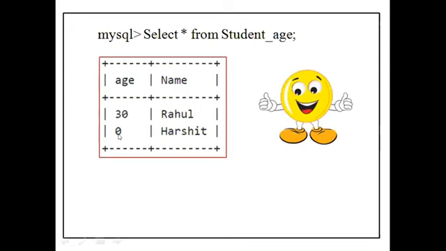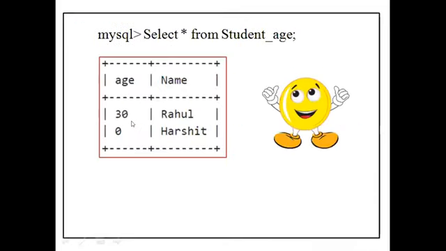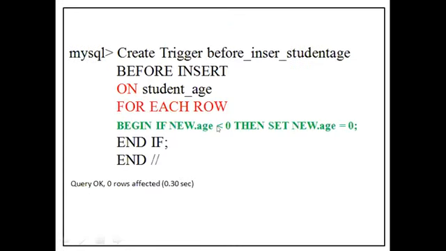Why? Because I applied the trigger. I created the trigger on the student_age table. So with the condition, instead of -10, Harshit, you will get 0. Why? In the trigger I gave if less than 0, then set new.age equal to 0. So if you want to create a trigger, obviously you have to follow